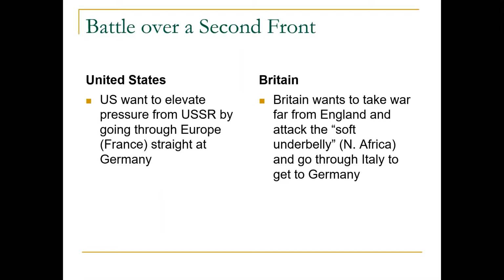And so there are two perspectives in consideration here. I guess both are guided by the Soviet Union's desire to have the Allies attack Germany somewhere so that they can have some pressure relieved from the east, because at the time the Germans are able to largely focus on the attack from the